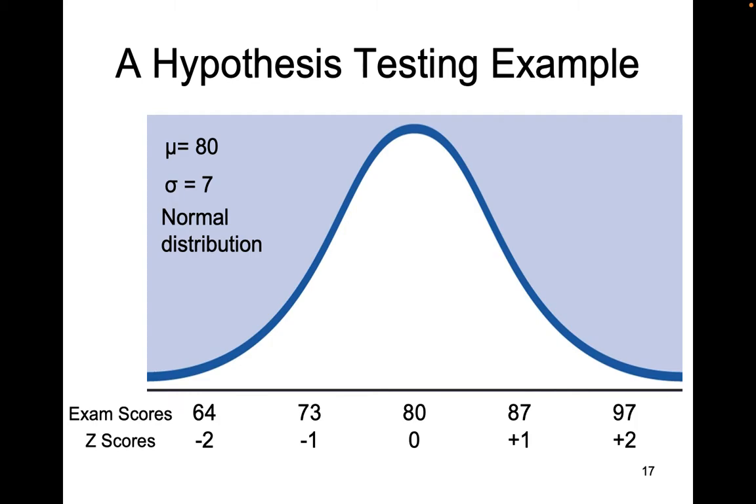And we know that because of the properties of the normal curve. Recall from the previous lecture that approximately 2% of scores in a normal distribution are higher than a z-score of positive 2, which we see that an exam score of 97 is equivalent to a z-score of 2. So therefore, we could say that scoring a 97 or higher is highly unlikely in this kind of regular population